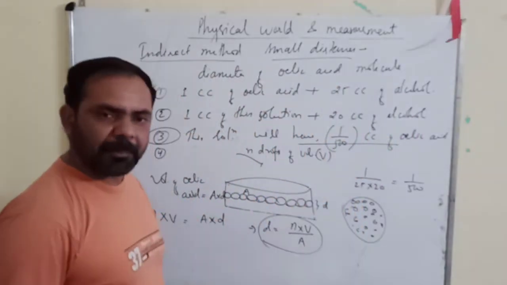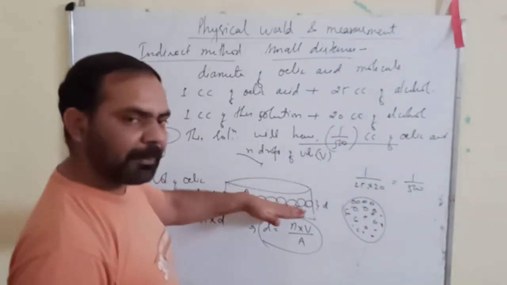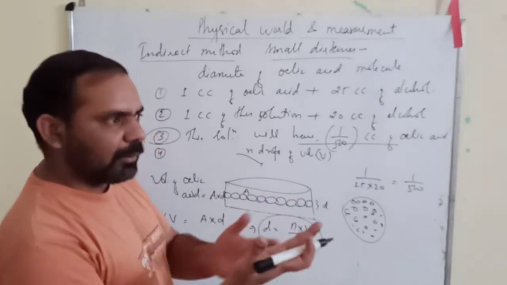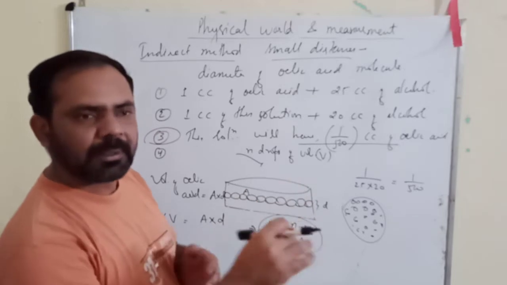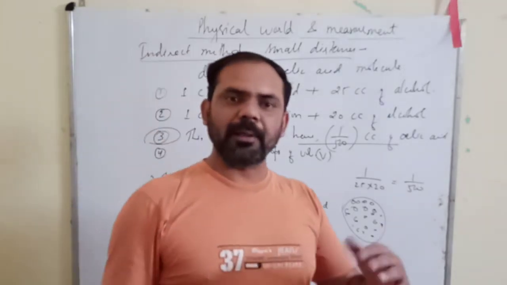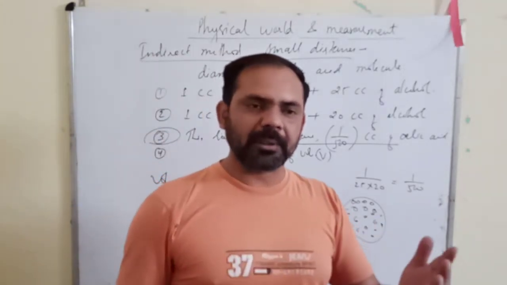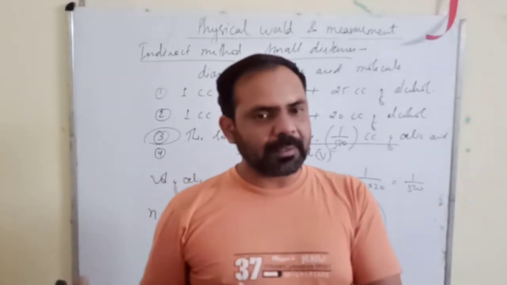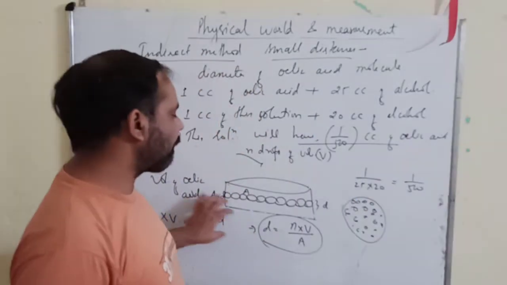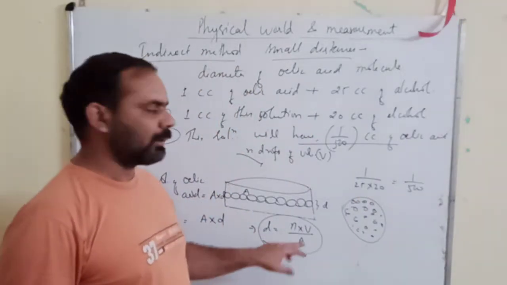With the help of graph paper you can find out. You simply put the graph paper on it. You will get some impressions on the graph paper. You just count the number of boxes. All those boxes which are covered half or more than half, you will count them. All the boxes which are covered less than half, you will leave them. So this way you can find out an approximate area of the surface.